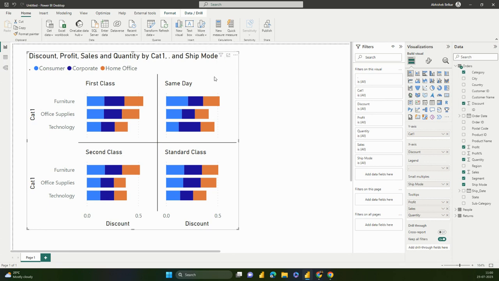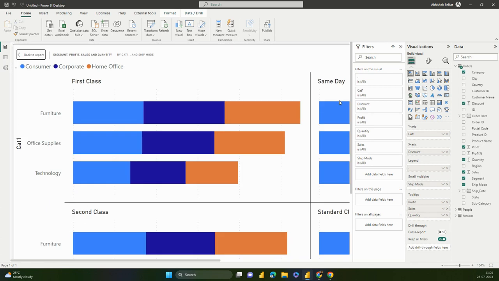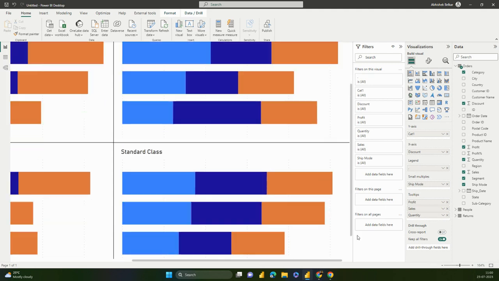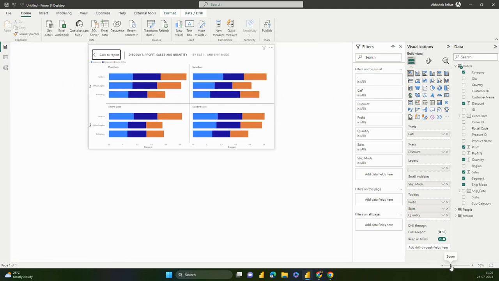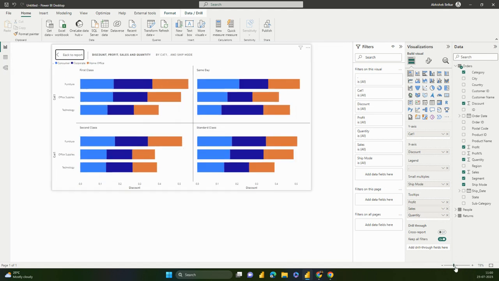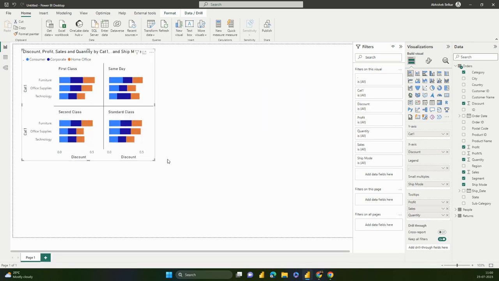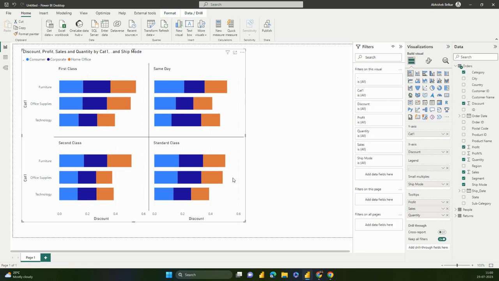Okay. If you want to enlarge your visual, you can see this focus mode. So this becomes even bigger. This is for your own analysis and understanding. In the focus mode you can change the zoom type as well. Okay, and again I'll go back. So focus mode helps you to understand what's happening in your chart. The next is more options, those three dots. So let's say you want to export this specific data into Excel. You can do it using export data